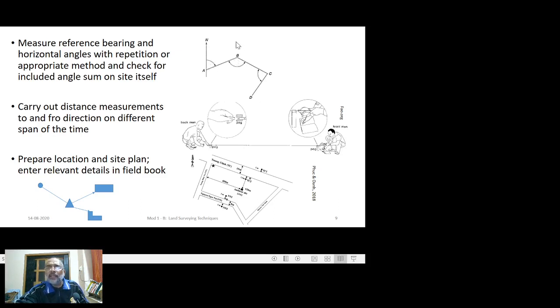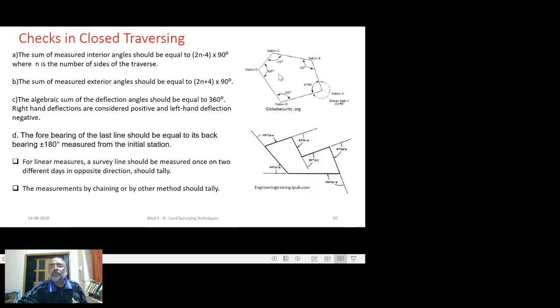For plane surveys, magnetic north will be parallel to the direction that we have considered at A. So here, this will be the north direction. With respect to that, we have measured the bearing at station B towards A, that is, for line BA. As it is measured in the reverse direction, it will be the back bearing of line AB. So, the forebearing of the last line should be equal to its back bearing plus or minus 180 degrees